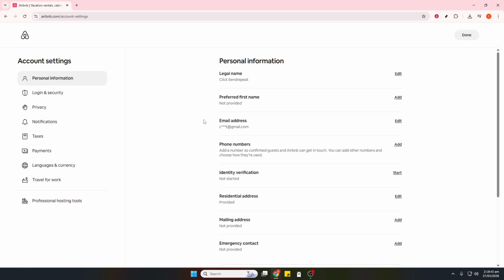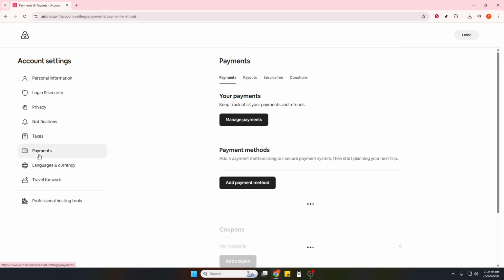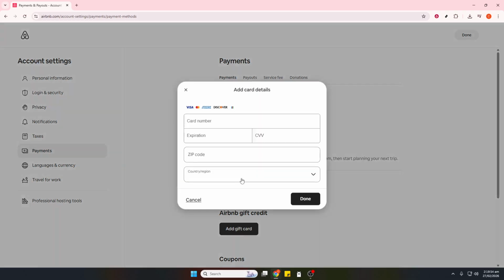Inside Account, find the section called Payments and Payouts, and then open Payment Methods. Think of this page as your wallet on Airbnb. Here you can add a new credit or debit card, connect PayPal where it's supported, remove cards you no longer use, and choose which option should be your default. Availability can vary by country and currency, so if an option isn't visible, it may not be offered in your